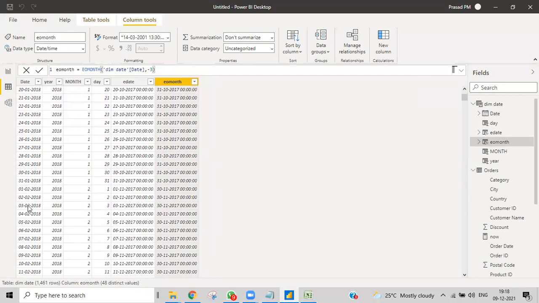When we get into the second month, obviously it will give the end of that. It will go 3 months back, but it will give the end of the month. It doesn't use the same day. So EOMONTH works in that manner. If you give 3, it will go to the future, but it gives the end of that particular month. So that is this function.